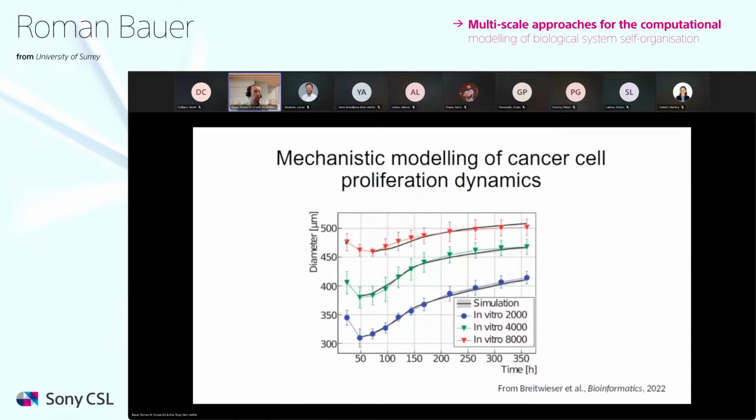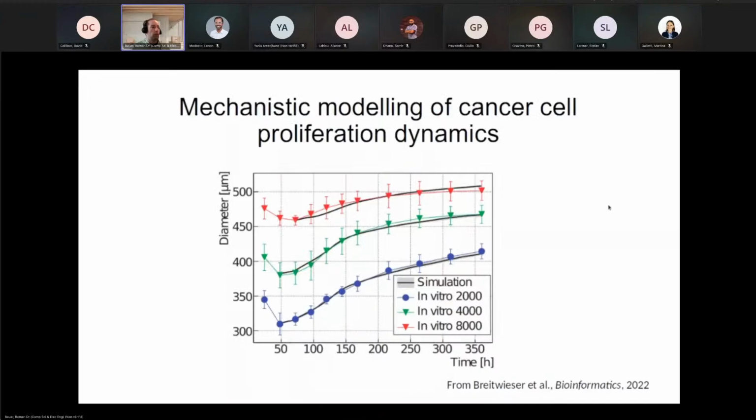Here, for example, we had a different initial condition, and then we see the diameter of this in vitro cancerous system grow over time. So first it actually shrinks, but then it grows. And here you can see this for a different initial condition. And we could reproduce quite well with BioDynamo this kind of in vitro experiments and compare them with experimental data,